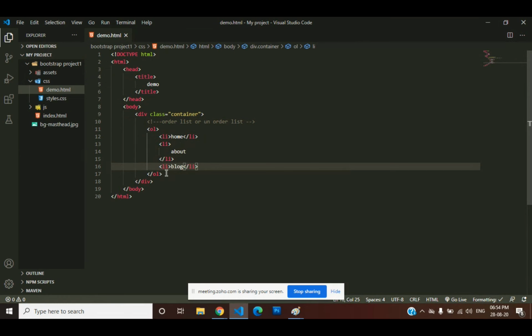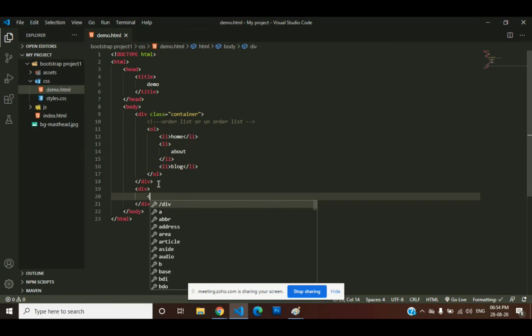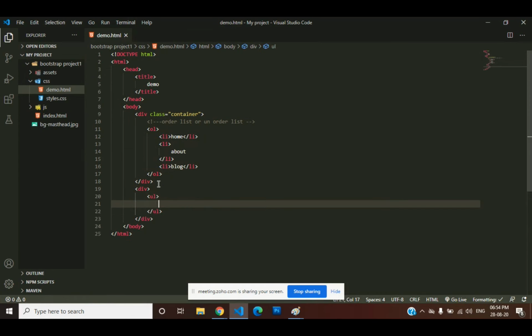Then coming to another list, in the second one I am going to insert an unordered list, UL. In that, first of all we insert a list item.